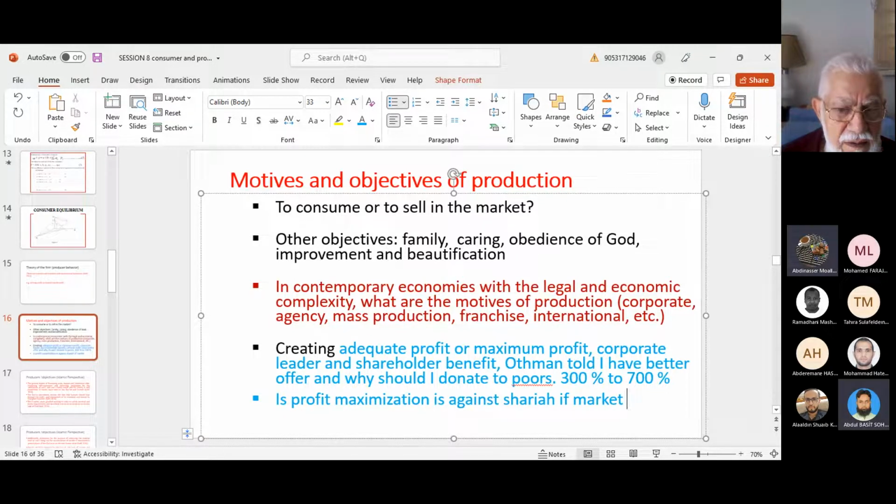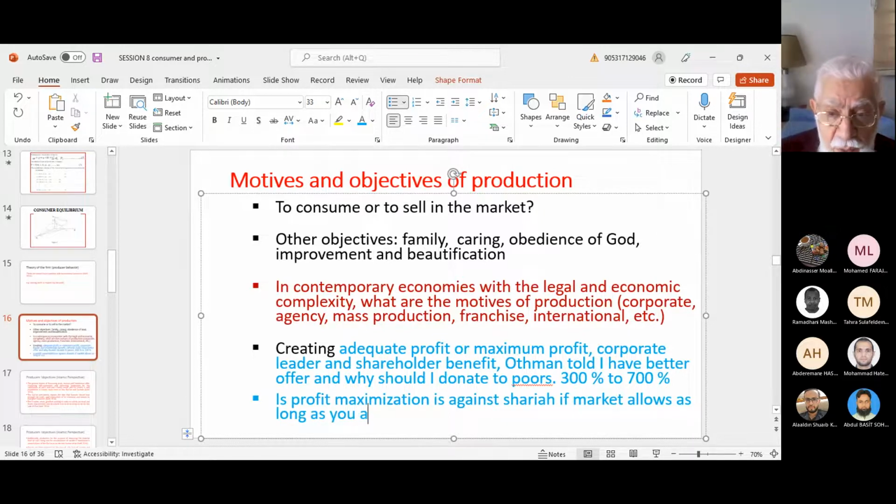Sir, I don't think so. It depends on the customers. I think it depends on the prevailing custom in the society. There's no problem really, as long as you are honest. But of course, using any bad approaches or lack of disclosure or anything else, then it goes into the haram. That makes it not permissible.